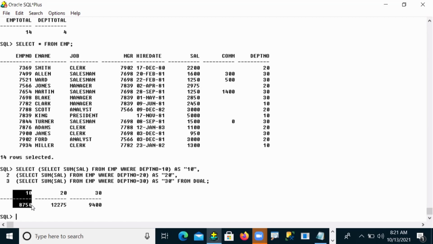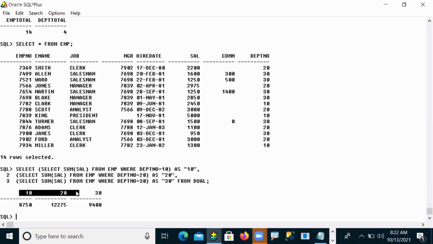So the sum of salary of the 10th row data I'm showing column-wise. In the same way, the 20th department row data I'm showing column-wise, and the 30th row data column-wise.